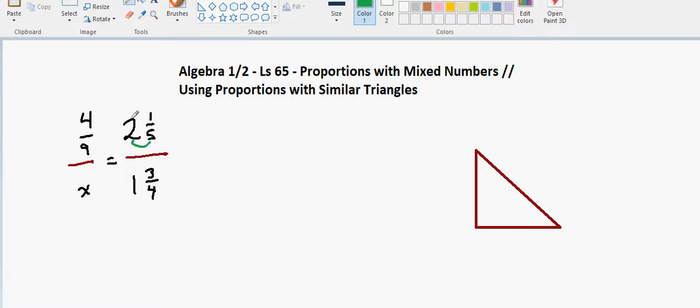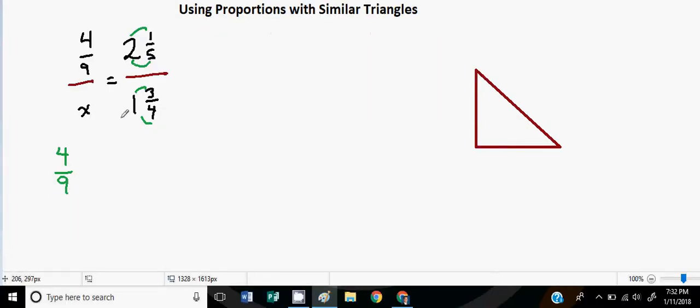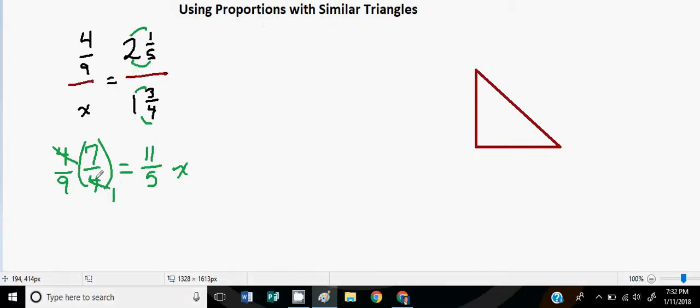Let's make it familiar. Since we're doing a lot of multiplication and division, we want these as improper fractions and not mixed numbers. So 4/9 times, what's that new improper? 4/7 fourths equaling how many x? 11/5 x. Okay? I can already see I can cancel across here, giving me 7/9